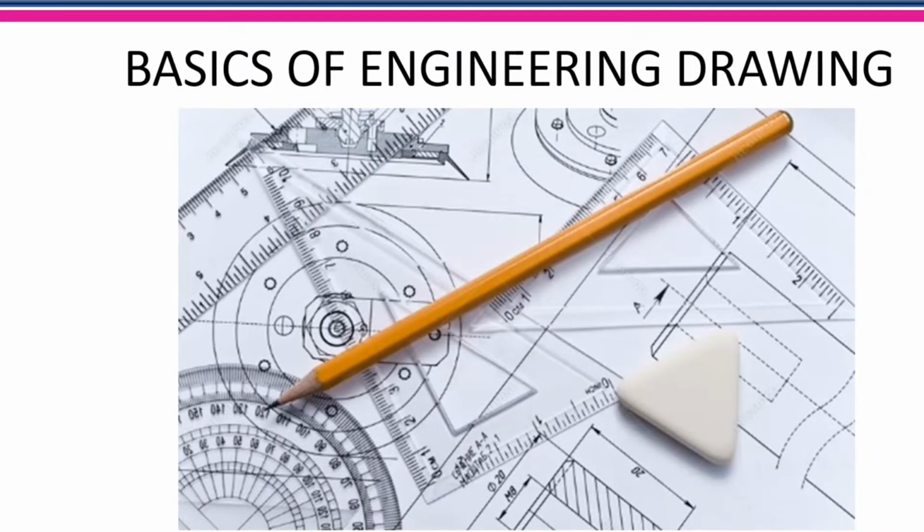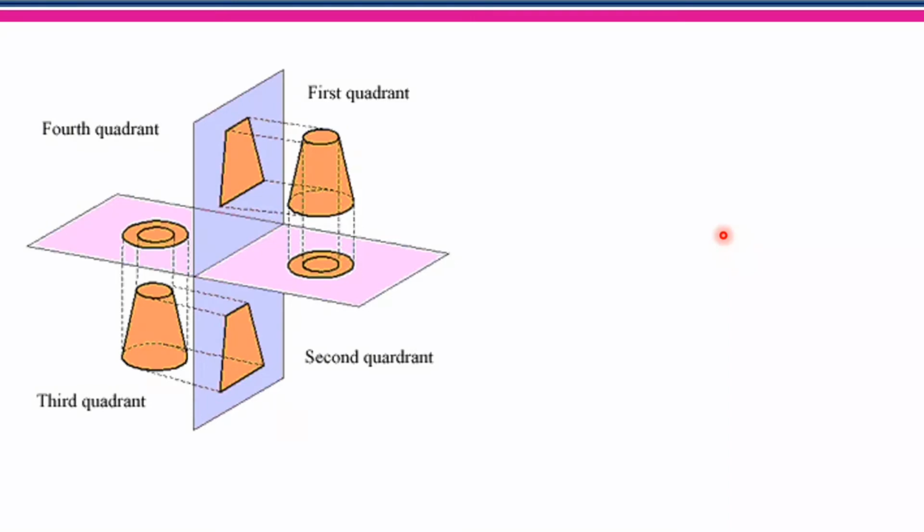So before we understand machine drawing, it is more important that you have complete knowledge of basic engineering drawing. The first thing in any drawing that you need to keep in mind is first angle and third angle projection. You will be able to draw it in 4 quadrants. Out of these 4 quadrants, for machine drawing, building drawing, in fact for engineering drawing itself, we will be using either a first angle or a third angle projection.